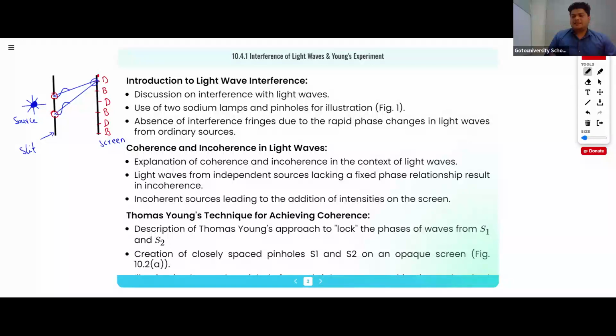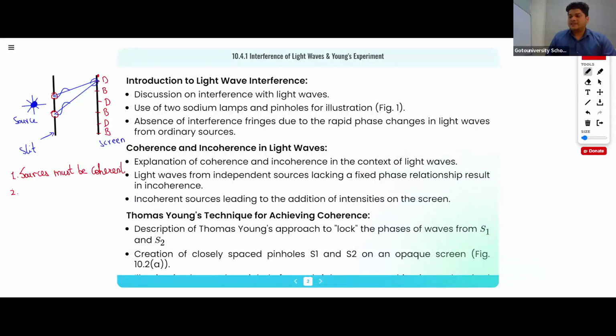Okay, so he explained the same thing. He said that if you want an interference pattern, you should follow these conditions. His first condition was that sources must be coherent. Now I will not repeat what the meaning of coherent is. Sources must be coherent. Secondly, he explained